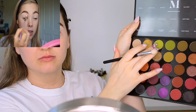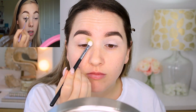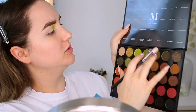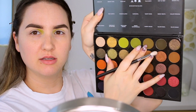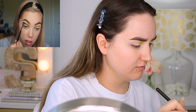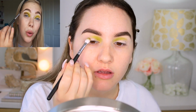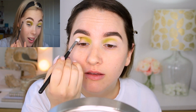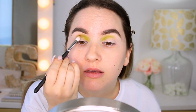Stroke of luck. This is the lightest in this shade to the inner third of my eye just for the moment because I kind of... So she used this one. So what I will say about this colour is it's looking very dry on my eye. I don't know if it's to do with the colour or just because I have dry lids at the moment, but it's not often that an eyeshadow colour pick...